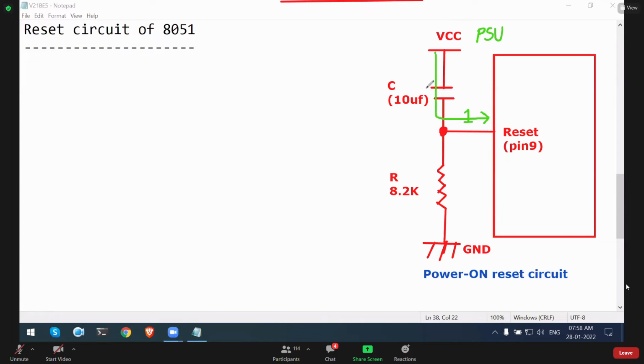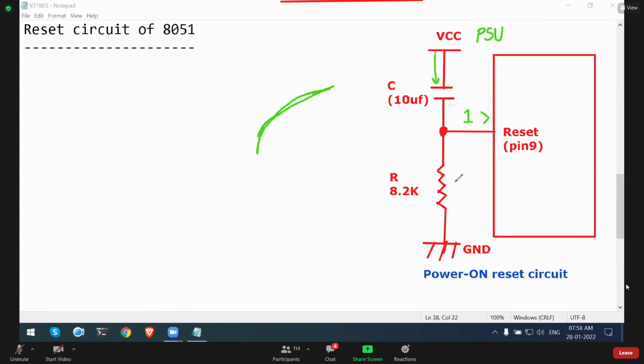As soon as you power on the microcontroller board, capacitor will start charging. And when it is charging, capacitor will allow DC voltage to pass. So DC voltage will pass and it will go to the reset pin. So whenever capacitor is fully charged, capacitor will block the DC. So capacitor will not allow this VCC to flow towards the reset pin. And whenever the DC voltage is blocked here,